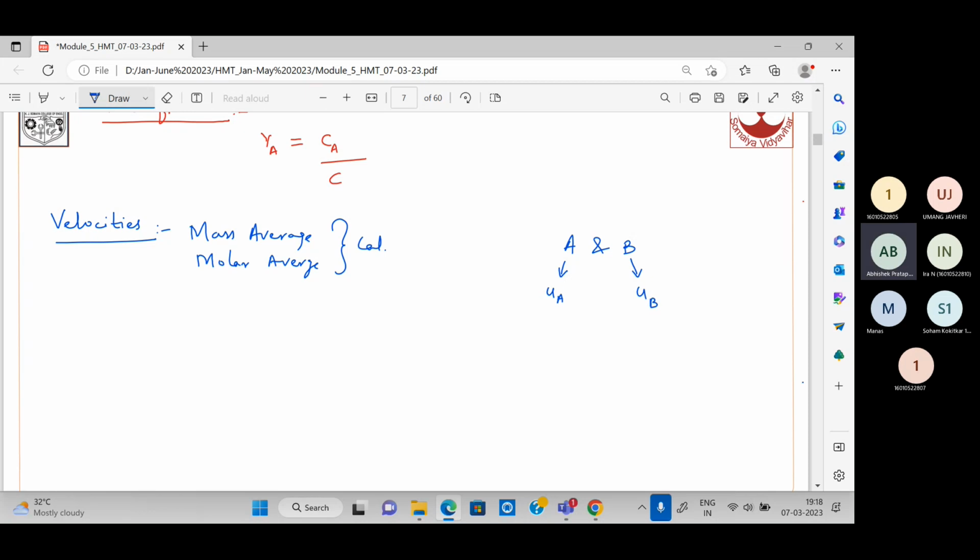Basically, UA is the mean velocity of component A and UB is the mean velocity of component B. So we can say the mass average velocity is rho A UA plus rho B UB